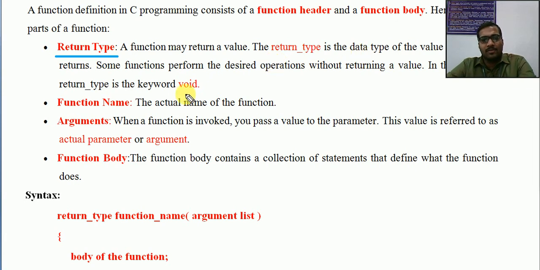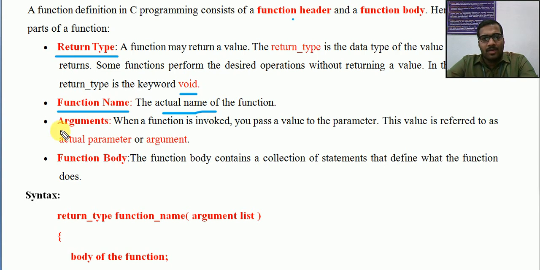And if you are not returning any such value, we can put that type as void type. If the function is not returning anything back to the place where it was called, it uses void in the place of return type. Void means there is no type, so nothing is being returned. Now next one is the function name. As in the declaration, the function header also consists of the function name, the actual name of the function.